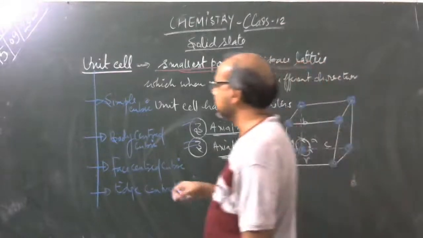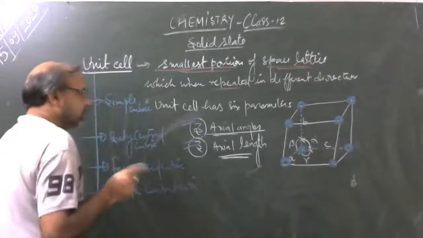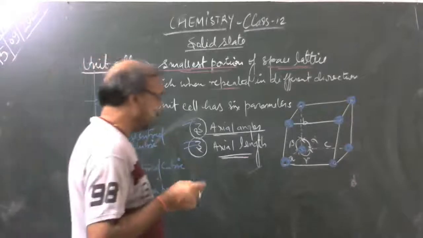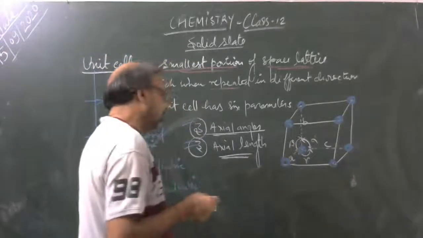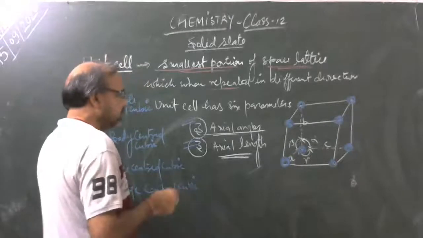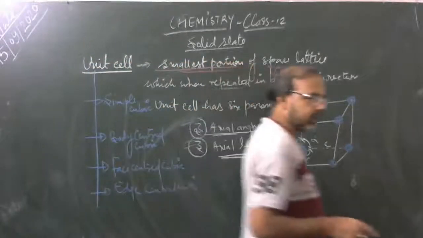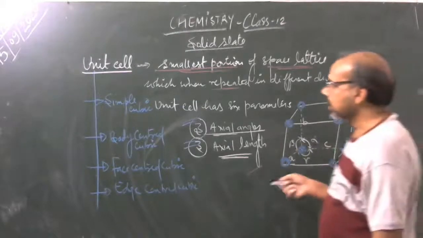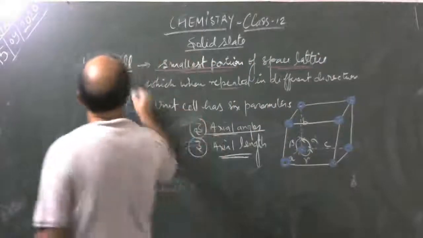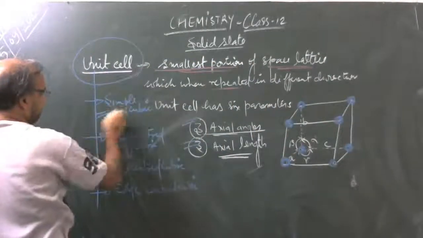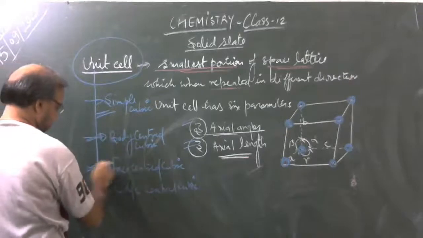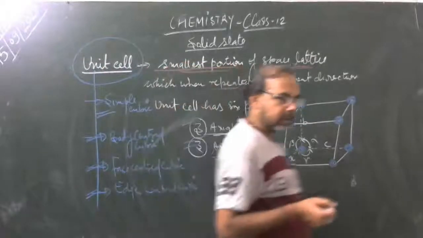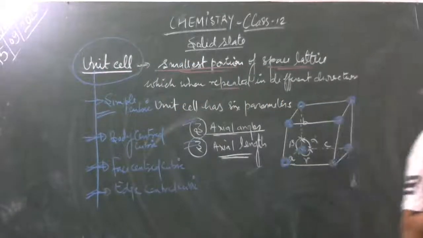You can see them in different types of space lattice of crystals. In unit cells there are six parameters: alpha, beta, and gamma are axial angles, and A, B, and C are axial lengths. These unit cells are of four kinds: simple cubic, body centered, face centered, and edge centered. And there is the question that we should know, how many atoms are arranged, how many